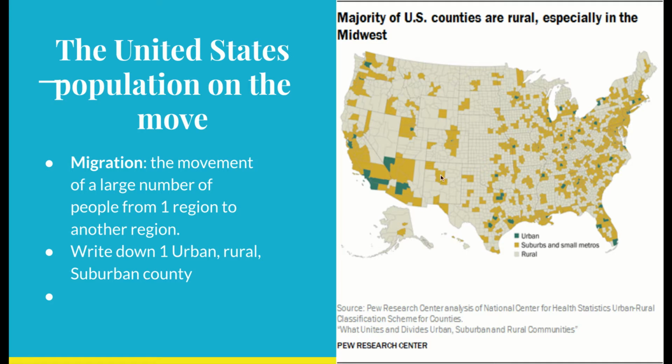Okay. Let's go over here to our state, the state of Alabama. So when you're looking at Alabama, the only urban county that we have is actually Jefferson County, where Birmingham and Homewood and Vestavia are part of Jefferson County. Now, when you look at other counties like Montgomery County, Elmore County, and Watauga County, and Dallas County, those counties are small suburban